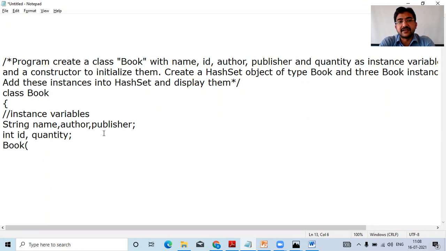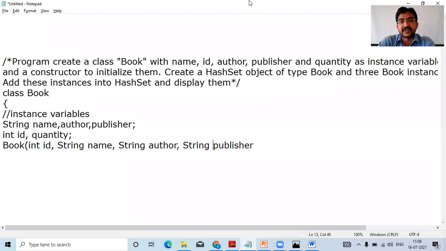For this constructor, how many variables, how many instance variables are you going to create? Five. That is, int ID, string name, string author, string publisher.